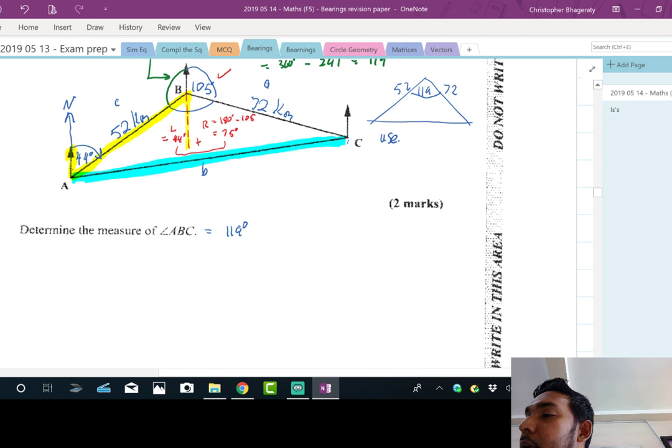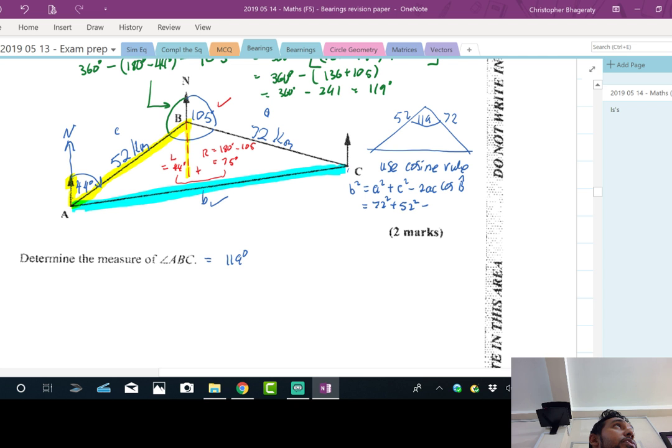Alright, so cosine rule will tell us from here. We're looking for b, so b squared is the subject of the formula. That's equal to a squared plus c squared minus 2ac by cosine b. So that's 72 squared plus 52 squared. We're using a and c; in the other one, we had a and b and were looking for c. Once you label it a, b, and c correctly, you could use a, b, and c all the time. So this is minus 2 by 72 by 52 by cosine 119. Somebody could plug that into a calculator for me, please. I don't have my calculator with me today. About 11,580.25.